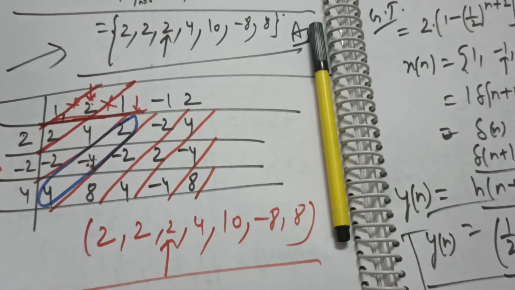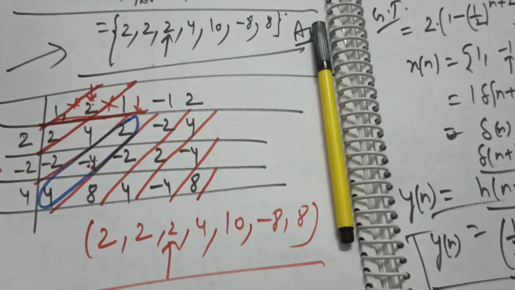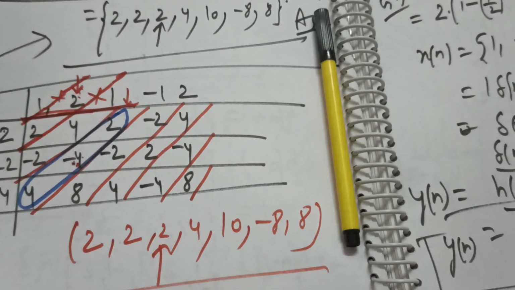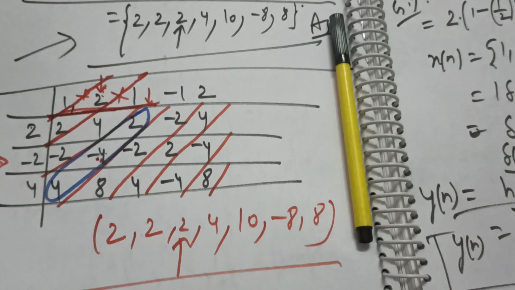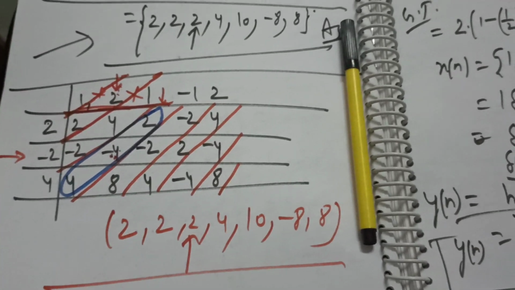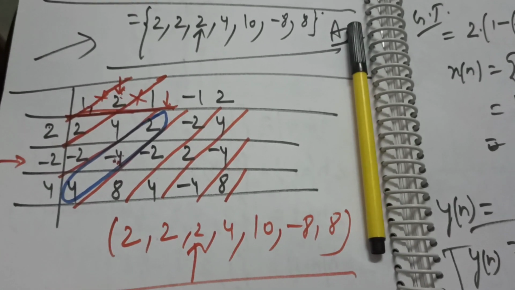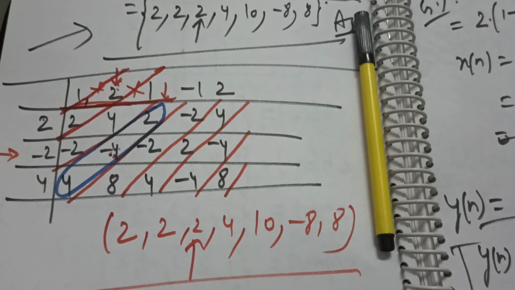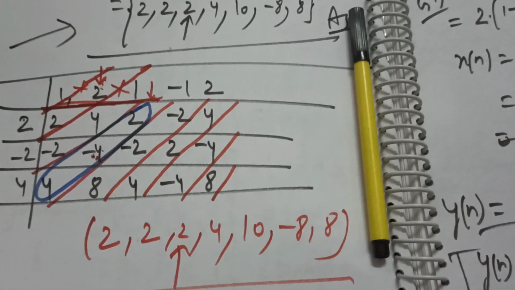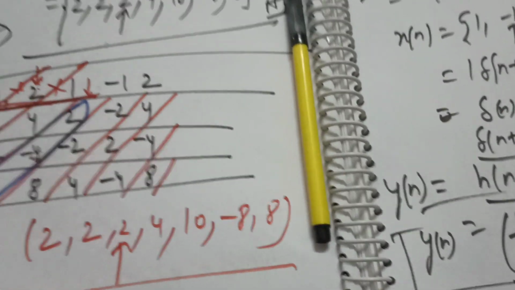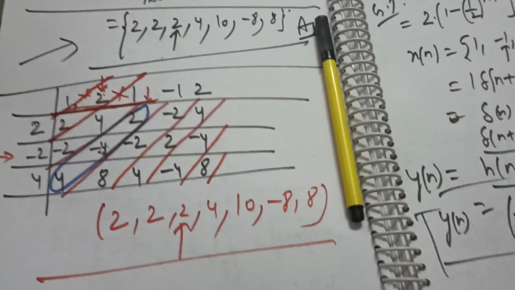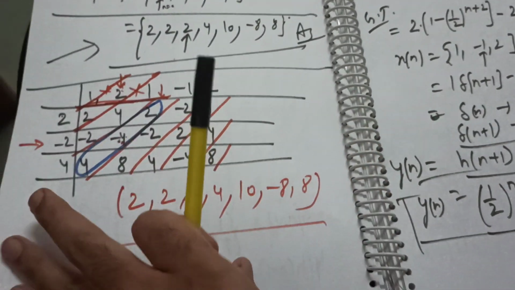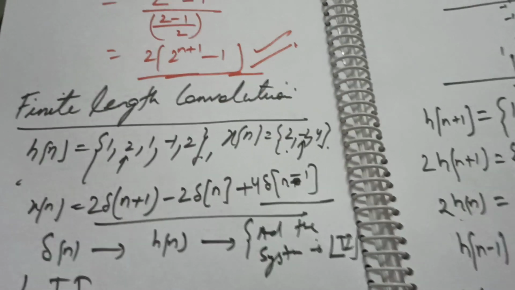So today we are going to continue our lecture on finite convolution, and after that we will be studying how to determine or characterize the causality and stability of an LTI system. Just moving forward from the previous question, if somebody has skipped the previous video, this was the